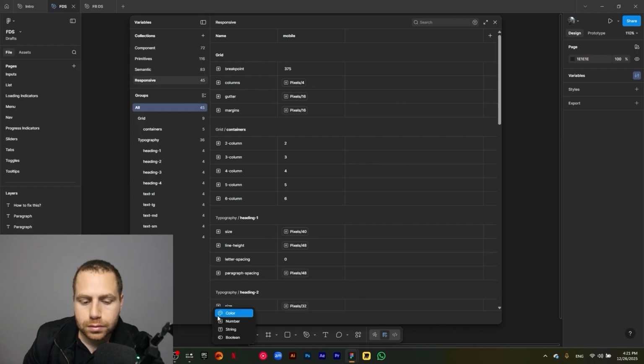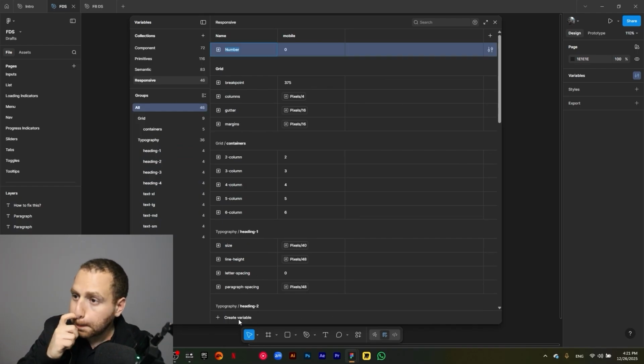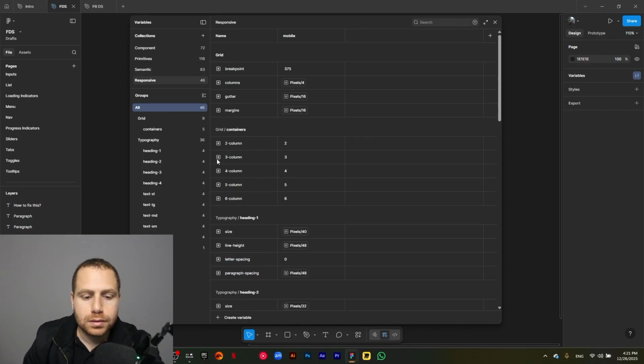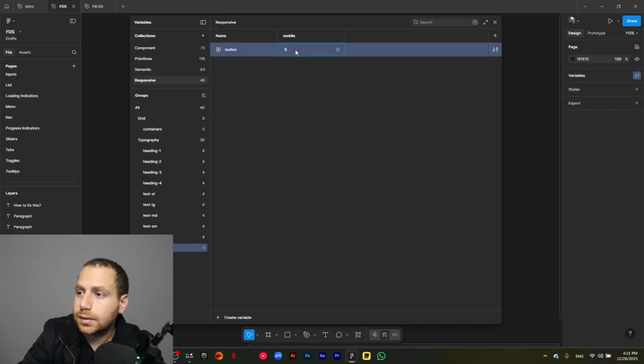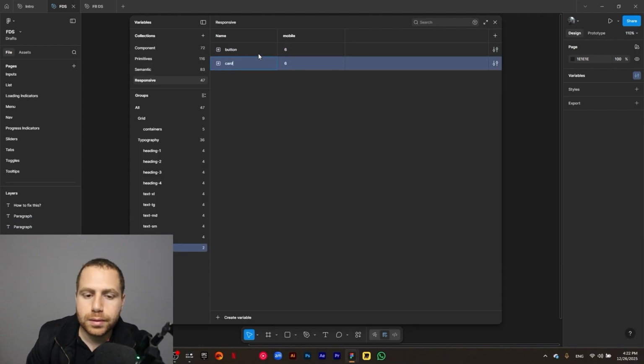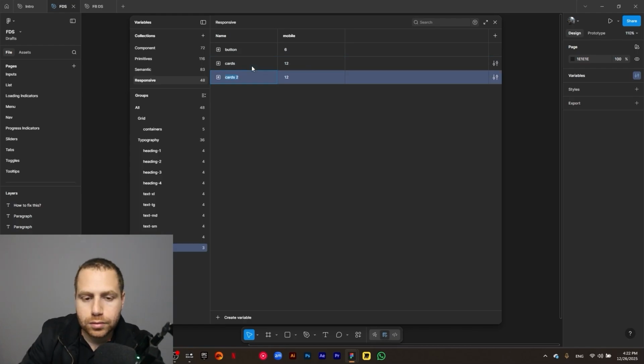Now we will add another number for our radii. The radius for my button. So anytime that you have a radius that you would like to add, you can add it like this. So the radius for my button will be 6. The radius for my cards will be 12. And the radius for my avatar will be